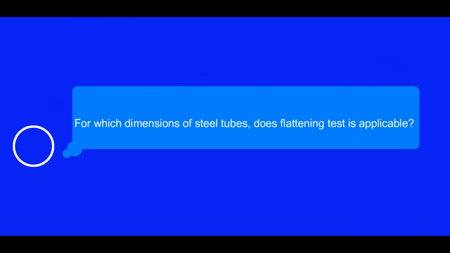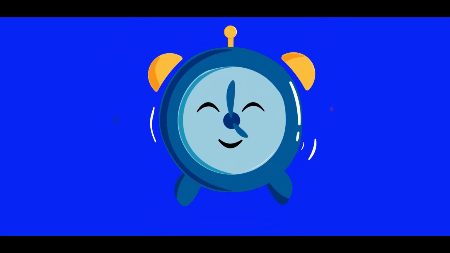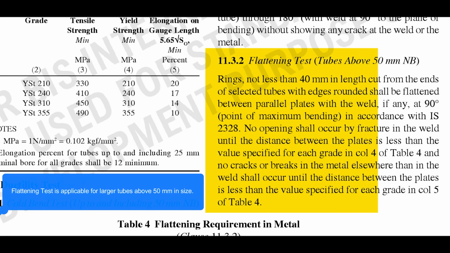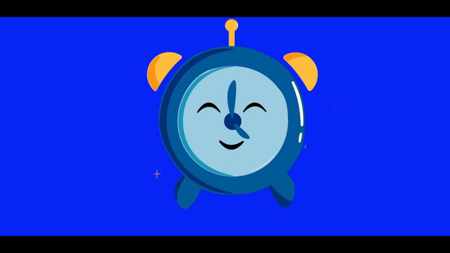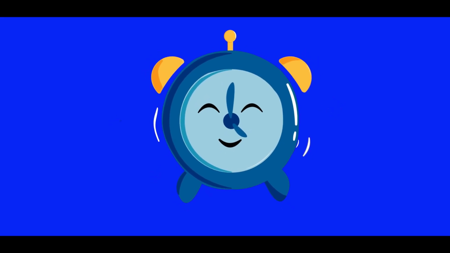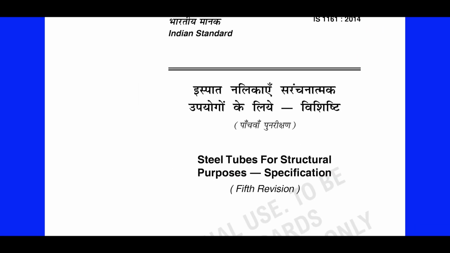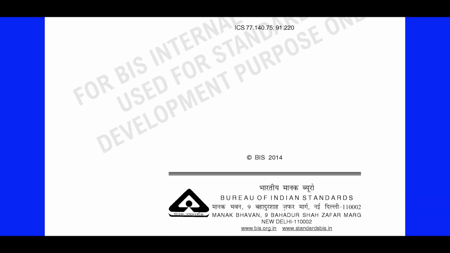For which dimensions of steel tubes is the flattening test applicable? The flattening test is applicable for larger tubes above 50 mm in size. According to which Indian standard is the flattening test carried out? The test is carried out as per IS 2328, and that brings to the end of our journey through IS 1161-2014,